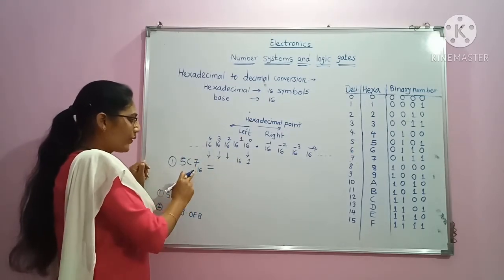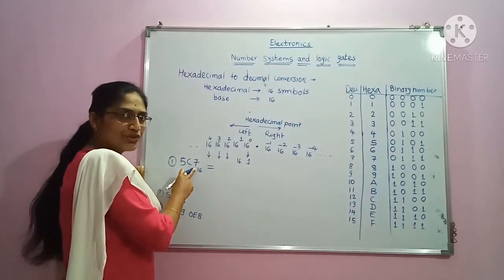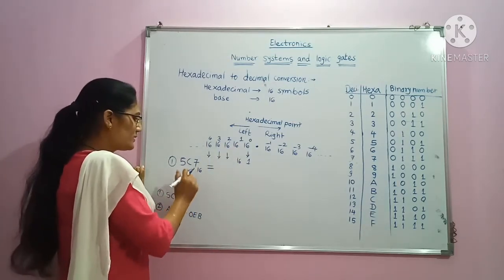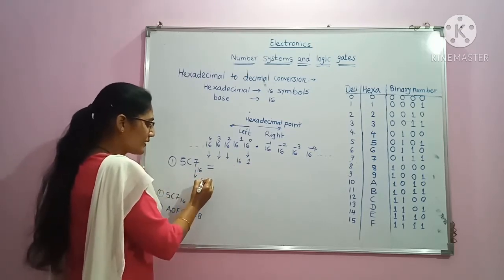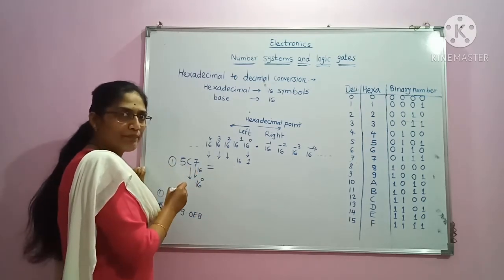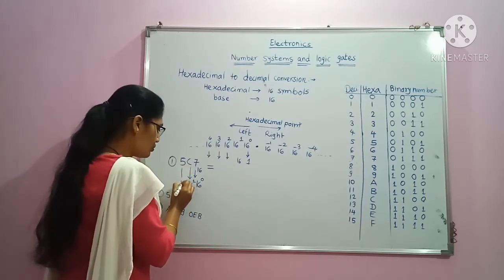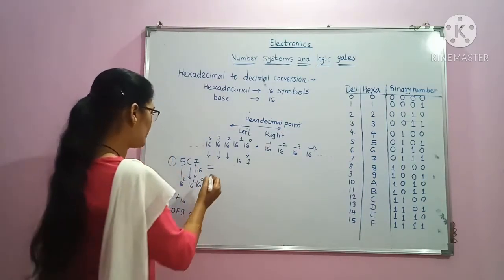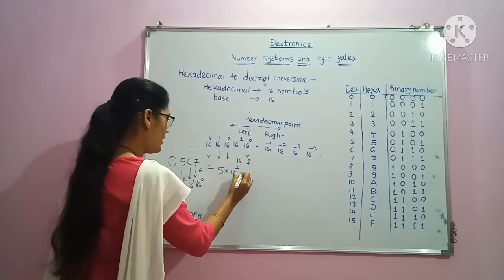As I move towards the left, I have to multiply each digit by its weight value. So its weight value is 7. It means that I have to multiply it with 16 raised to 0. Then for C, because it is in the tens place, 16 raised to 1, then 16 raised to 2. So in order to find the value, I have to multiply 5 by 16 raised to 2 plus,